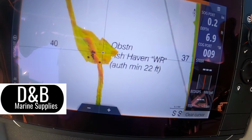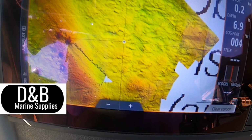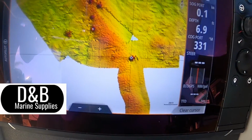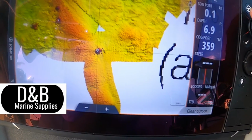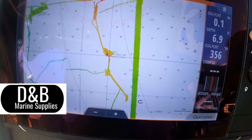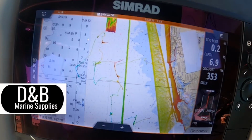This looks like there's probably some wreck or something, and look at the detail in that. I'm not quite sure what that wreck is, but on our side of the coast, a lot of the wrecks are like tanks, old army tanks, concrete culverts and stuff like that. And you can really see the level of detail in these charts offshore. It continues like that. This is probably about 30 miles out right here,